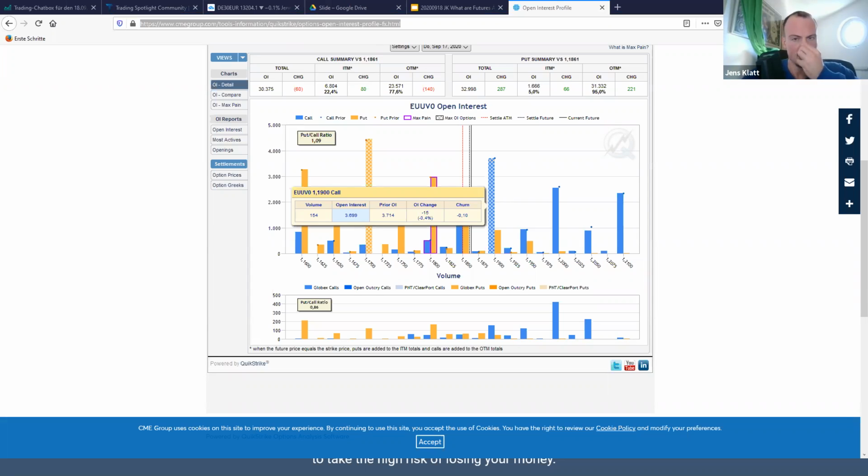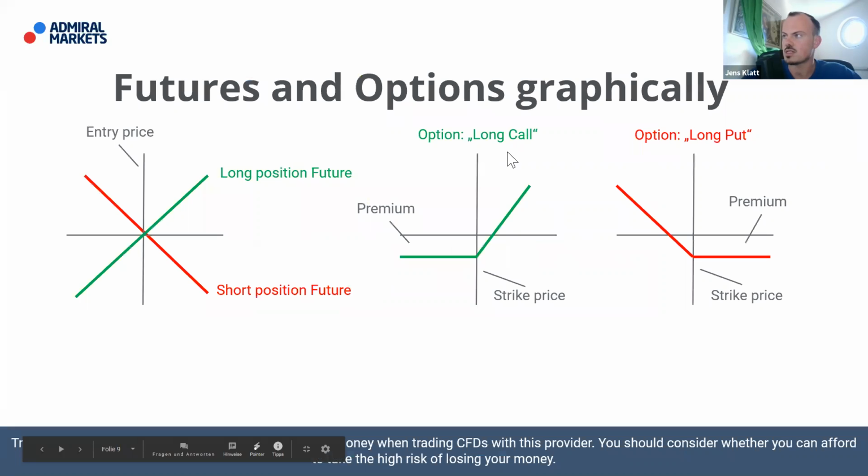And what you see here, we won't explain everything now, but it's from the Chicago Mercantile Exchange. It's from the Globex, and it's the so-called open interest. Here we look at the Euro FX future, and we have 119 here, and there it says 119 call. So let me just go back to this part. It's a call, and there we have the strike price. So this is 119 in this case, okay?